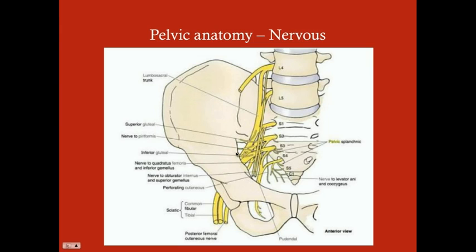L5 and S1 both provide innervation to the common fibular nerve, which is part of the sciatic nerve, and that innervates muscles in the anterior compartment of the leg, which is responsible for dorsiflexion. So if those nerves are lost, particularly L5, then you're going to get foot drop. These also provide innervation to the cluneal nerves, and the cluneal nerves are responsible for cutaneous sensation of the buttocks. So that's another thing that we commonly see, anesthesia of the buttocks in